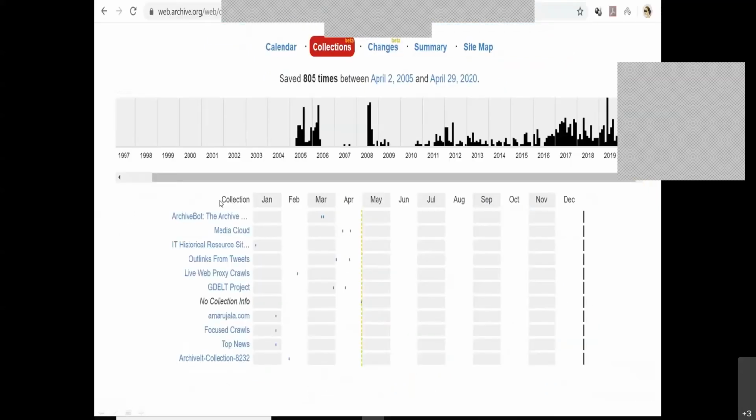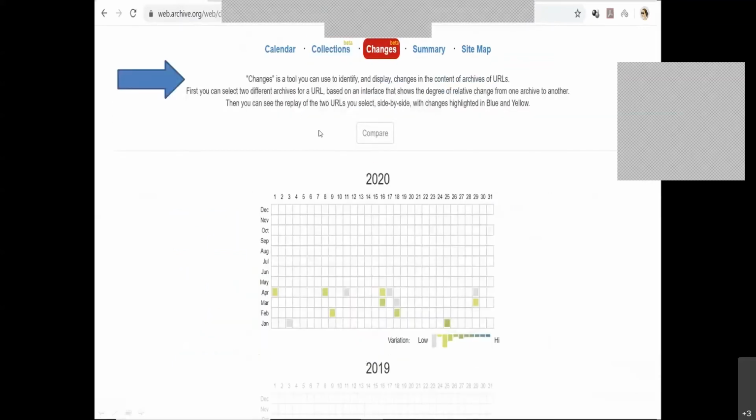Other than that, you can also get in this way, just click onto this, and you'll get a lot of other information related to that. It will also help you to compare the changes. So how the website was looking in 2019, how in 2020, where the changes have been done, how many changes have been made to the website. That also you can very easily find out from Wayback Machine. So hackers are also doing the same thing: checking how frequent changes you are making. That is the information this particular website will give you.